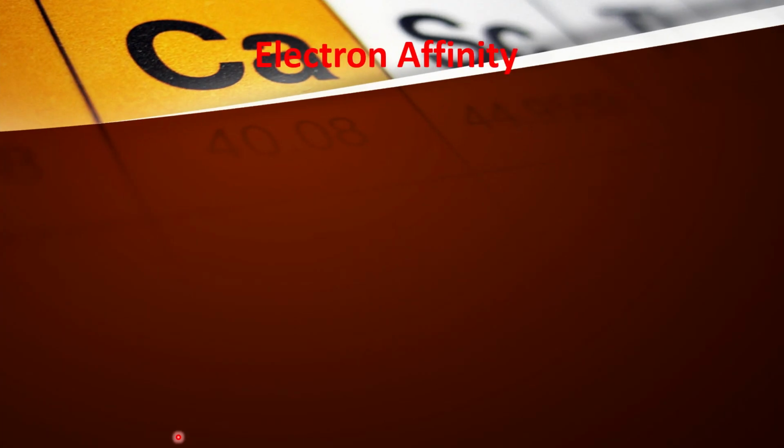Now our another periodic property, that is electron affinity. Like ionization energy, electron affinity also you have to clearly understand. What is electron affinity? Ionization energy is the energy that is needed to remove one electron. This energy is called ionization energy, the energy that you have to apply. But electron affinity is the energy that is released by the atom. I told you about exothermic and endothermic processes. In electron affinity, the atom releases energy.